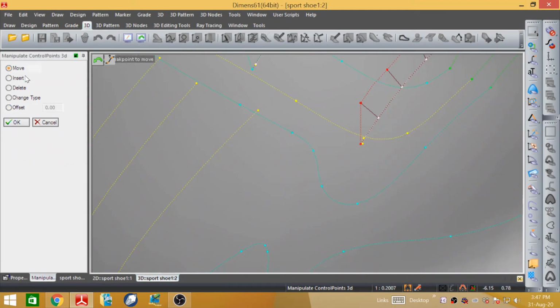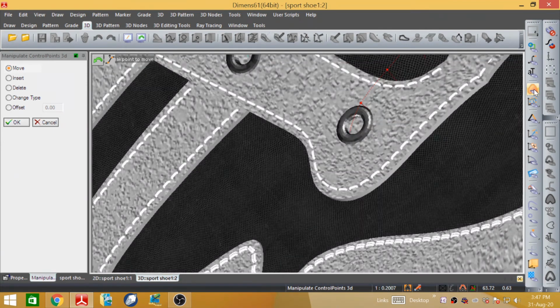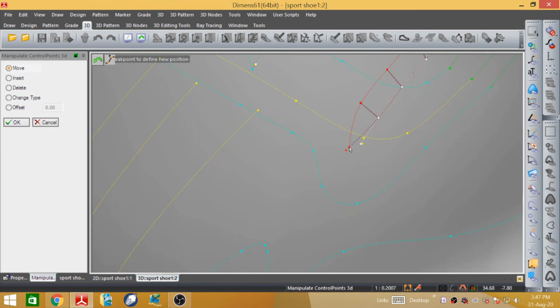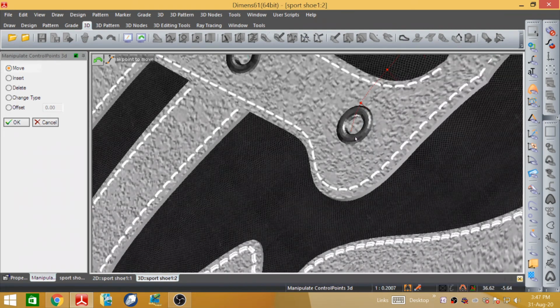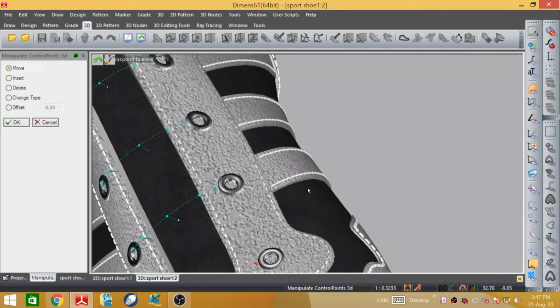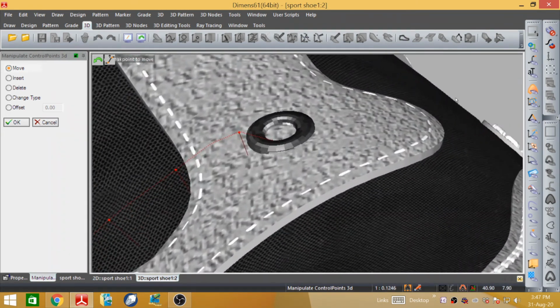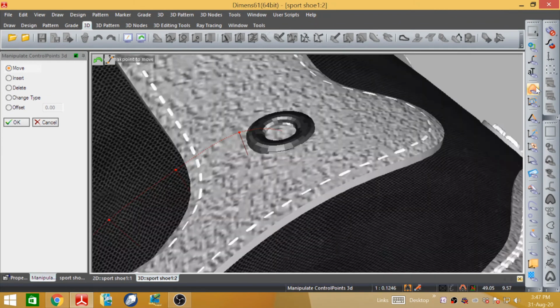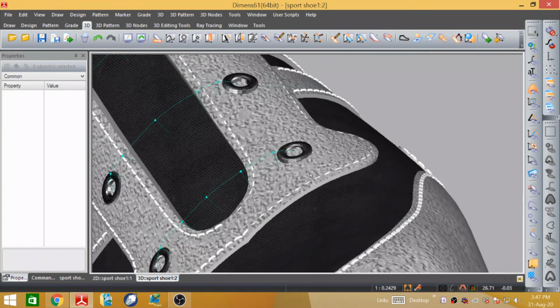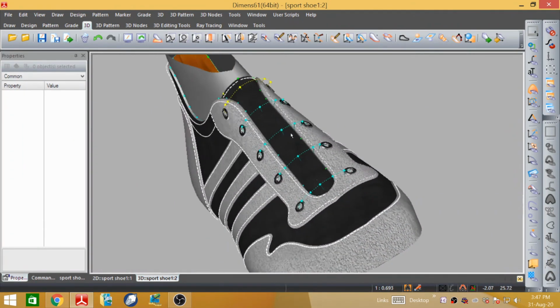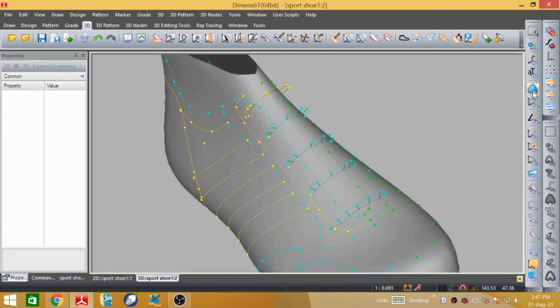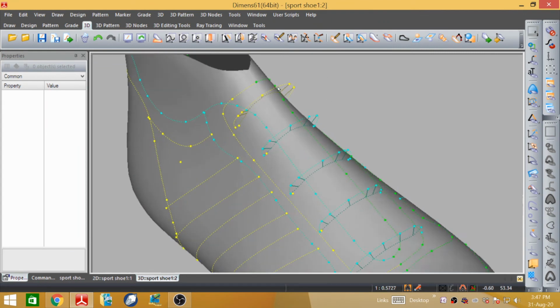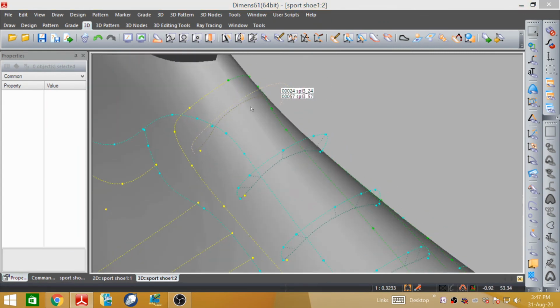So we have to go to the move tool and move it like this. It's okay. Now we have to come to the other side, and in the same way we have to readjust this line. Okay. After the uplifting of all these guidelines, we have to select any one